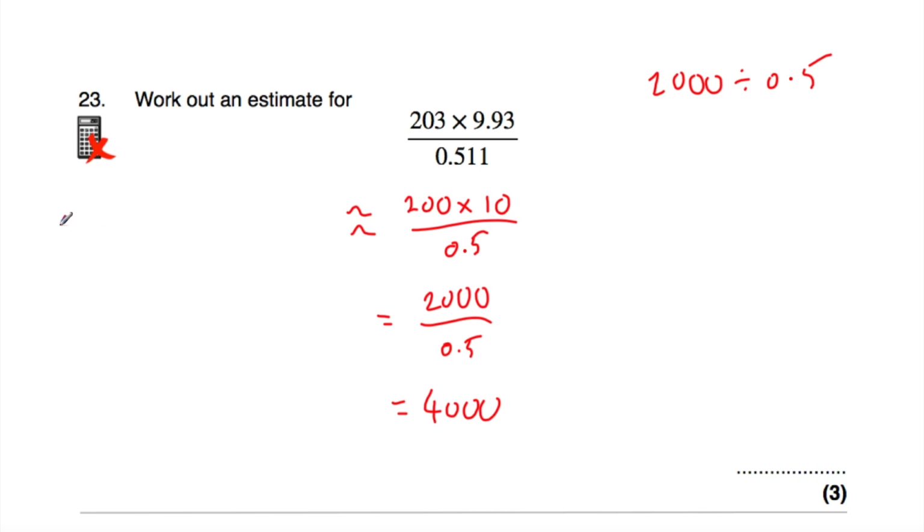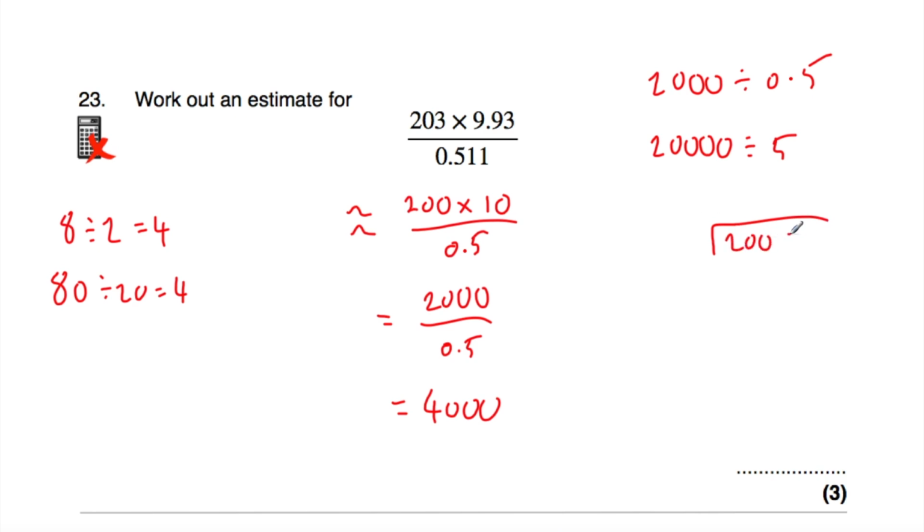For instance, if we had 8 divided by 2, that's equal to 4. If we have 80 divided by 20, that's also equal to 4, and so on. So if we have both these numbers and we multiply them both by 10, we would get 20,000 divided by 5, and then we could use the bus shelter method. We could do 20,000 divided by 5, just multiplying both of these numbers by 10 and doing 20,000 divided by